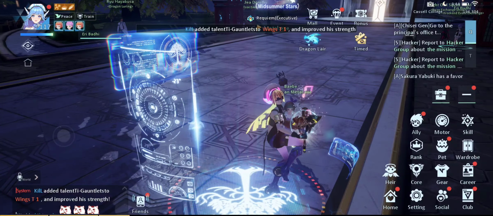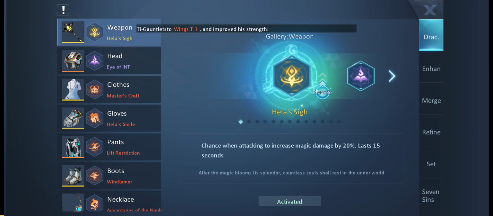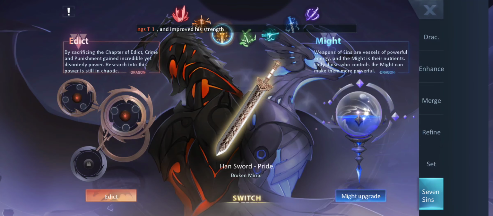Okay, so let's look at the 7 Deadly Sins. So if you go to Gear and go to 7 Sins, you can see this screen here. Now, on the left side is Edicts. Edicts are earned at level 100 plus and are earned through what's called Edict Gear. When you get gear, you have a chance to get an Edict Gear, and